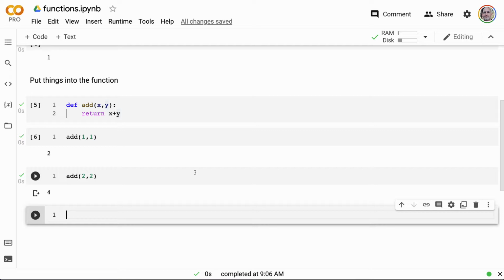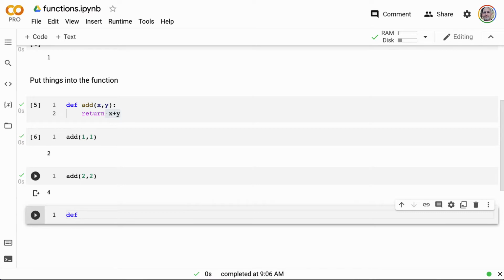So that's kind of a simple one, but what if I want to actually do a little bit more with a function? Well, one of the things that you can do with a function as well is you can put lots of different statements. In this case, this accepts something and returns it, but you could build a slightly more sophisticated function that has a little more logic inside of it. So let's go ahead and build that. Let's take some of the things we did with statements, for example.